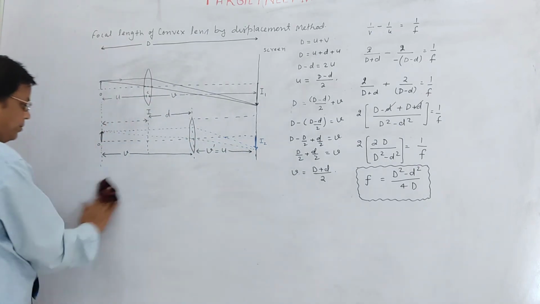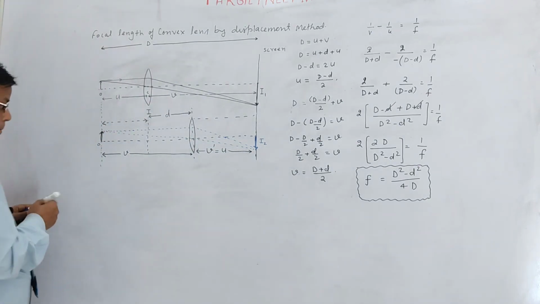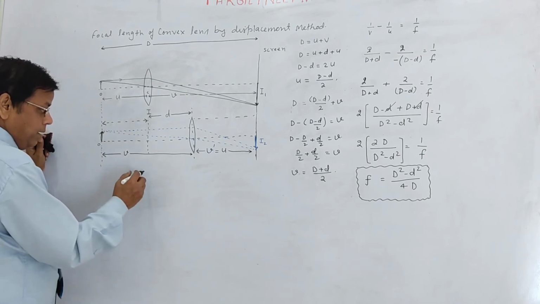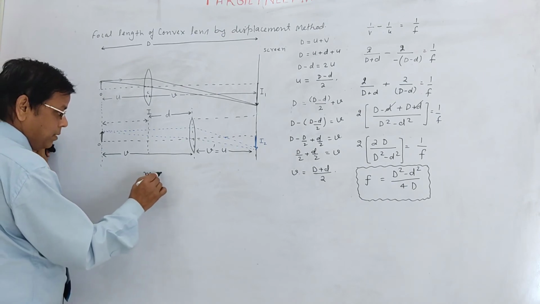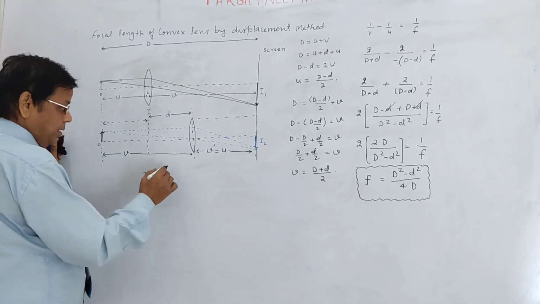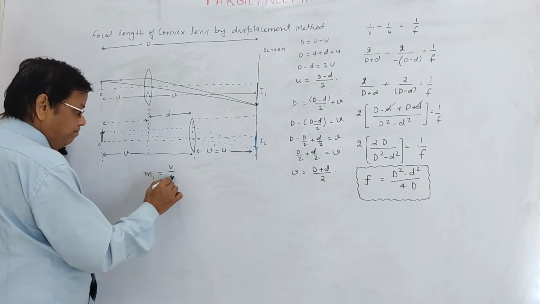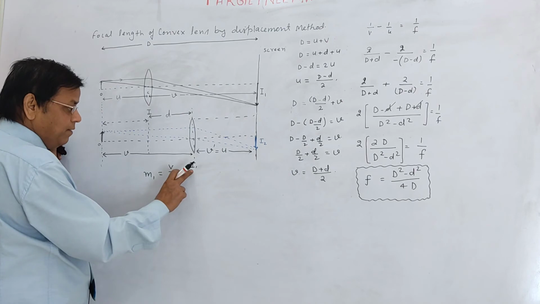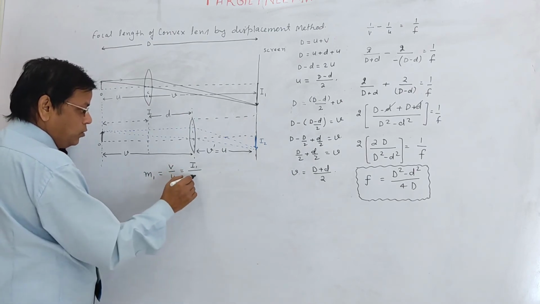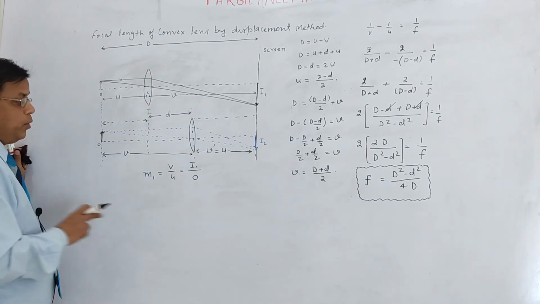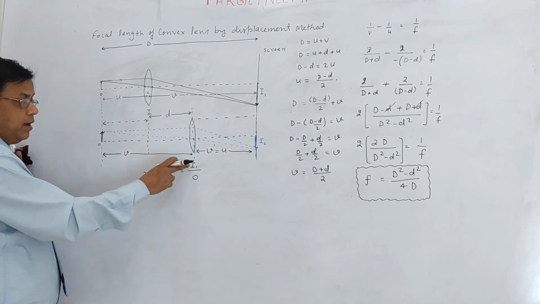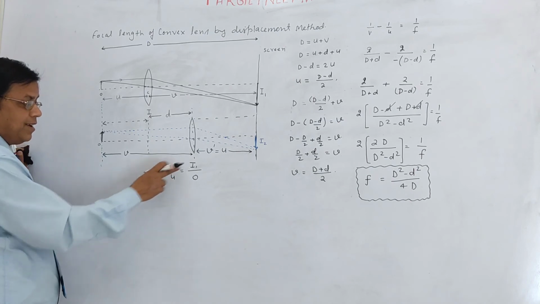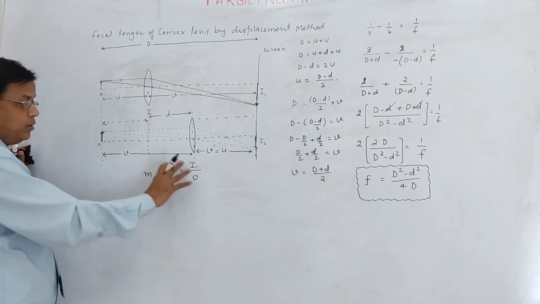See, magnification is v by u in the first case. Let it be m1. So what I can write? It is v by u is equal to I1, size of image, numerical value, upon size of object. Because here u is negative, v is positive, here I1 will be negative, O will be positive, so the negative of this gets cancelled. So m1 is equal to this, I can write.